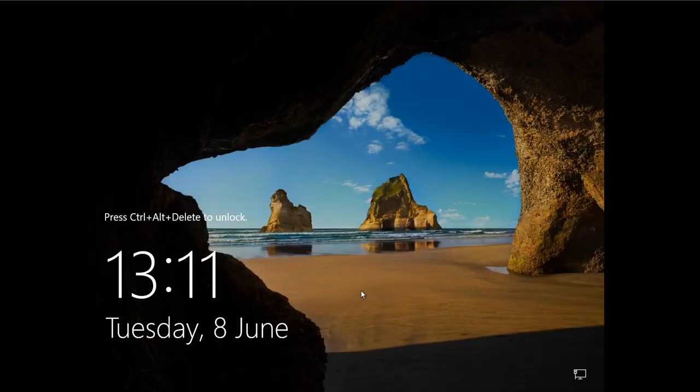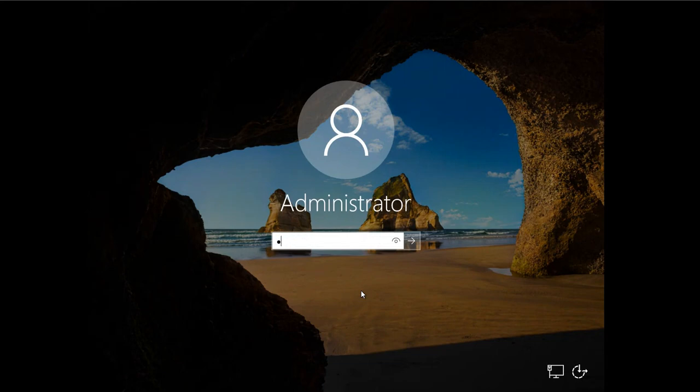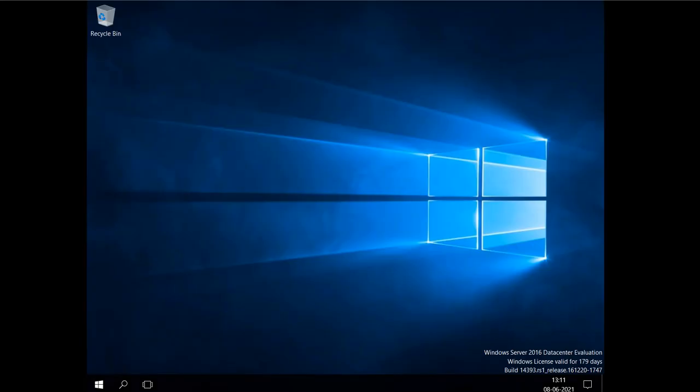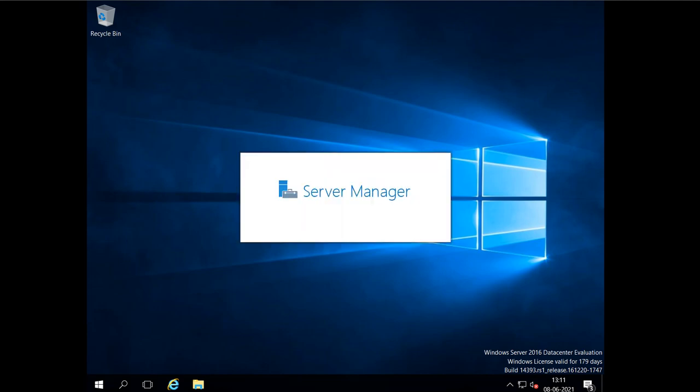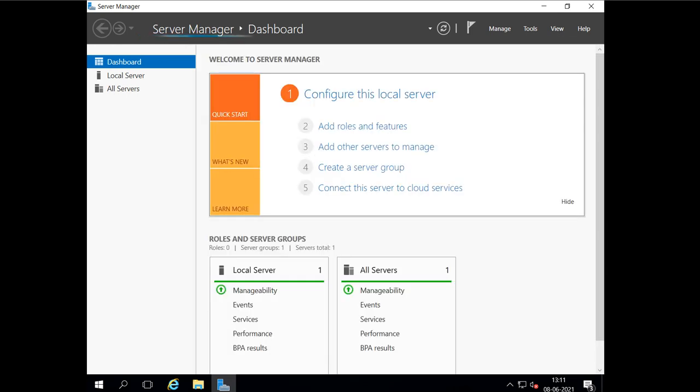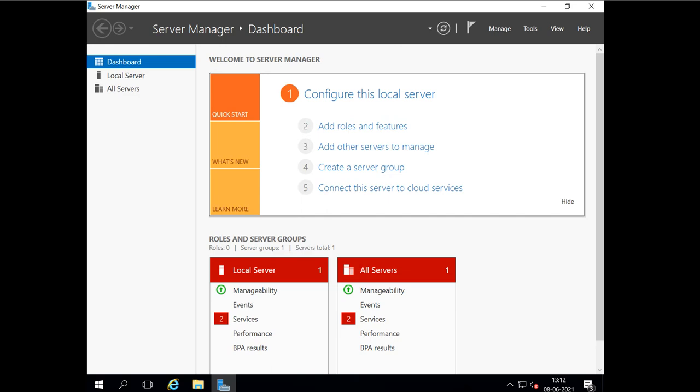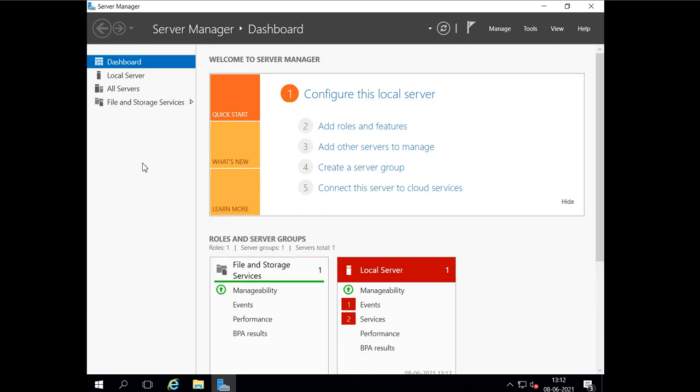Now the name is changed. Okay, now when I go to local server again, I can see the name which I have changed.